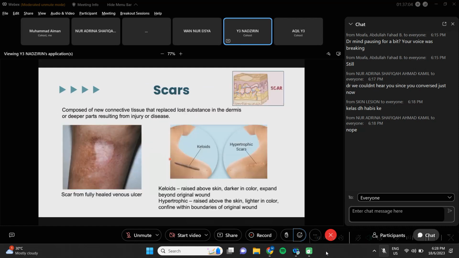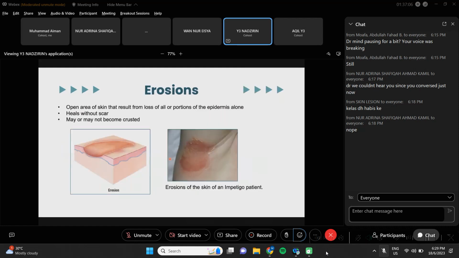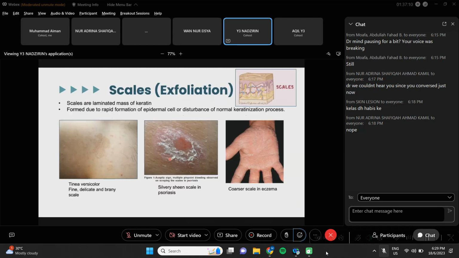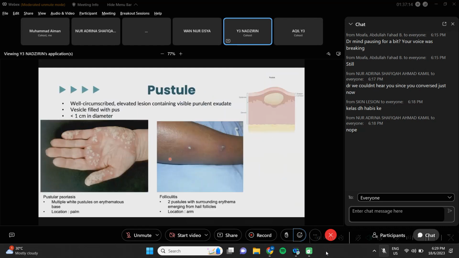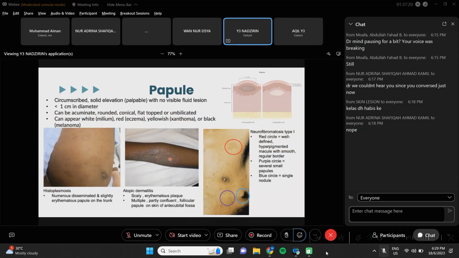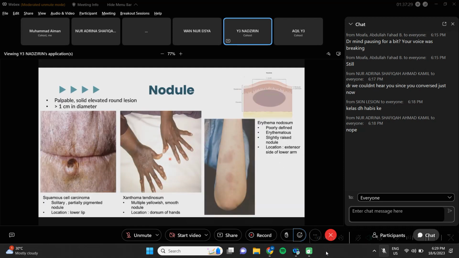It's just the additional ones might help you to make a better diagnosis. So if you appreciate the specific patterns, is it annular, is it serpiginous, is it flagellate, is it linear, for example? So if it's linear, is it exhibiting Koebner phenomenon where